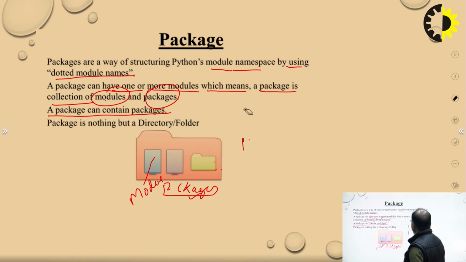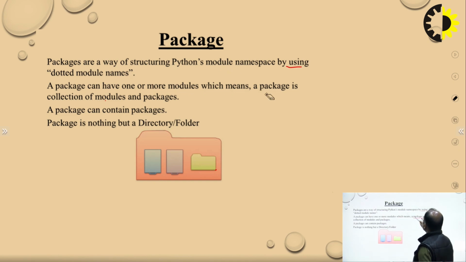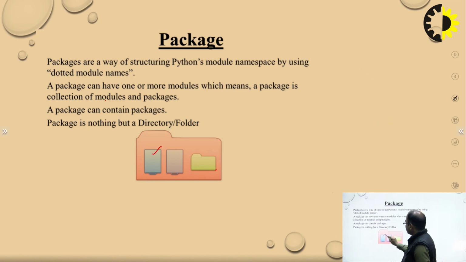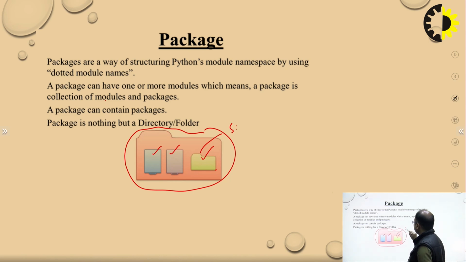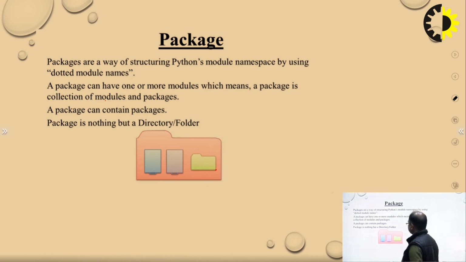As we see in this figure, we can have different packages and different modules inside this package. There are different modules, different packages inside the package. This is the one package, and this is the sub package. Clear? Now next,